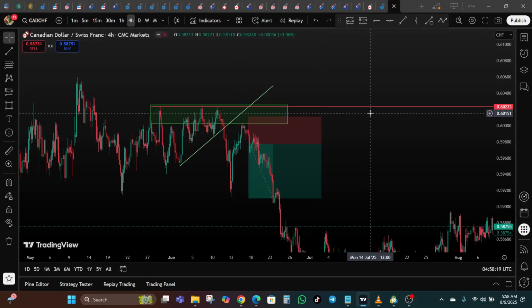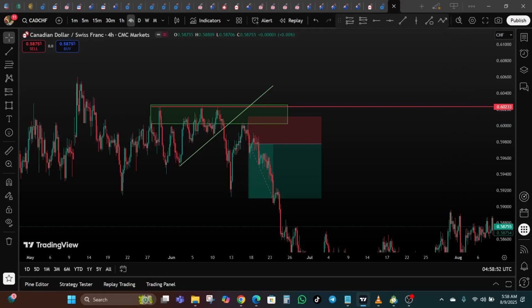There are many different strategies out there, but make sure that you have defined entry and exit criteria, and you also have defined risk parameters. You know exactly how much lot size you are using, you know exactly what percentage of your account you are risking per trade, and all of that. It's very important. You must trade with a plan. Without a plan, you'll end up making impulsive decisions, which often leads to losses.